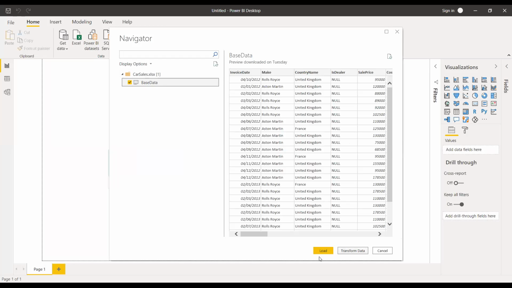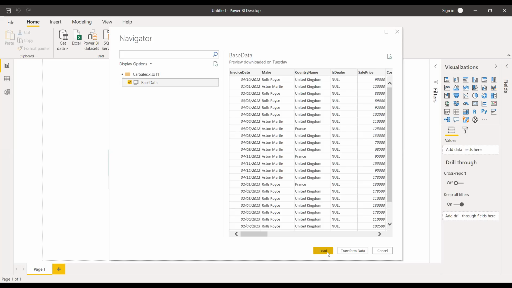Can you tell the difference between these two? Load means the entire data from this Excel sheet will be loaded into Power BI. Editing can be done later on. But transform data means immediately during loading, you can edit any feature of your file.